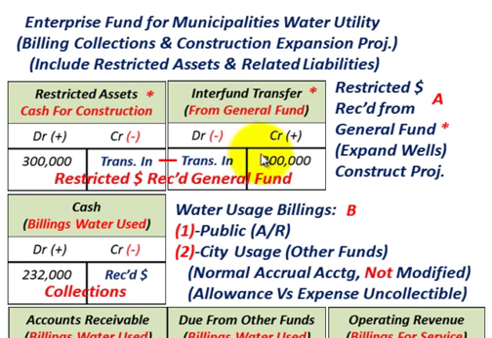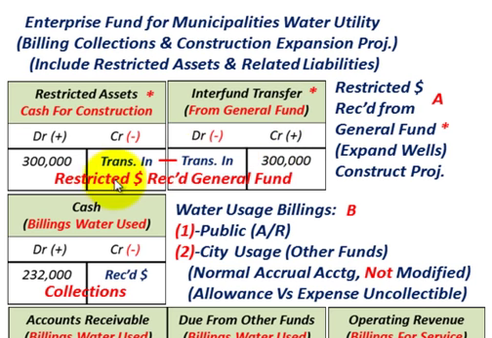So let's just say, for example, we're going to take on this construction project, and the contract is estimated to be $930,000. But we're going to have to come up with some funding for this construction project. So let's look at the first concept here, restricted dollars received from the general fund, again for this construction project to expand our well. From the general fund, we're going to receive $300,000 for the project that's going into our enterprise fund.